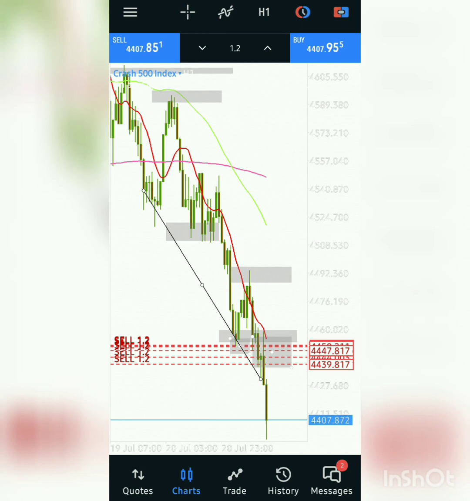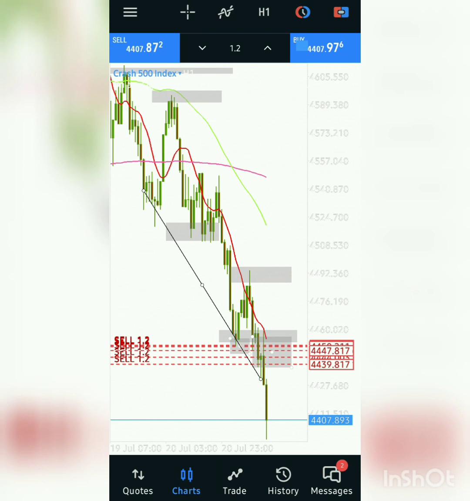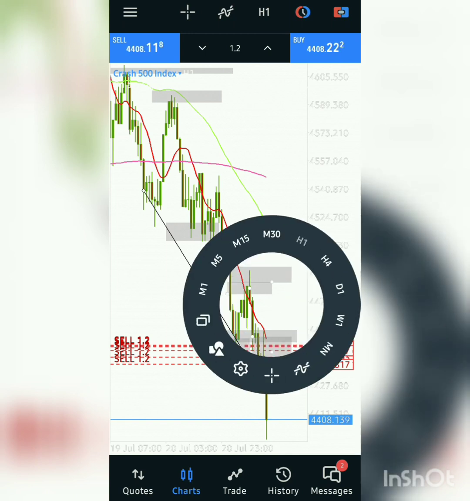It would have also been good if I placed my entries right at this point, by making sure I apply my Fibonacci levels. It would have been a cool entry, but I was late. I only got to see this trade when it was almost breaking structure. So after the structure broke, I saw that it has closed, it has broken the structure. I placed my entries. So if I were to bring in my Fibonacci level here,